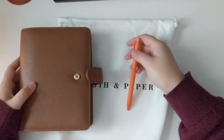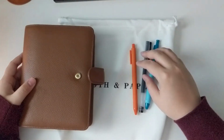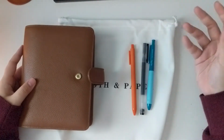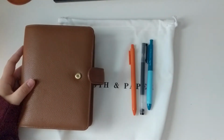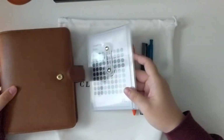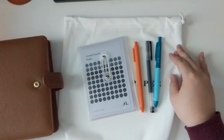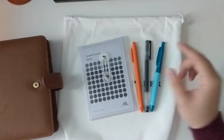sent out their penspiration boxes. I have some of the pens from the boxes, and I think from that box, these 3 are from that same month subscription, and all of them are from AliExpress. And they also sell something to keep their stickers in, like this kind of folder, also from AliExpress. So, nothing against AliExpress, because I don't mind some more affordable planner items and Moterm-style products on AliExpress